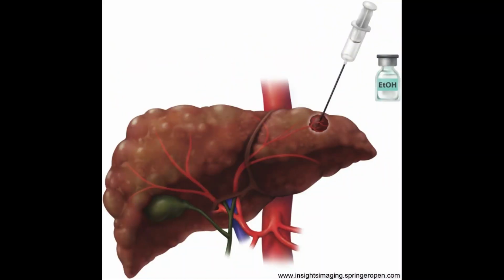Depending on how many tumors there are and the size of the tumor, that would dictate the next step of the treatment. One modality for something small, for example a small tumor, is what we call RFA, radiofrequency ablation. I usually explain to the patient that it's like a tiny device, a microwave-like probe that can go in, and when it gets close to the tumor, it can zap the tumor, and you hope that you can burn the tumor that way. That is for small tumors, usually less than 3 centimeters.